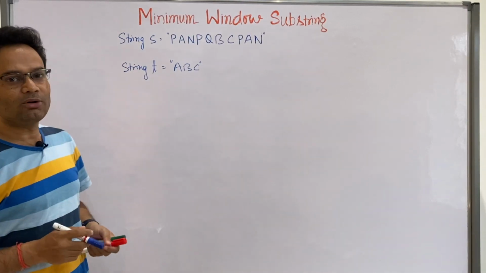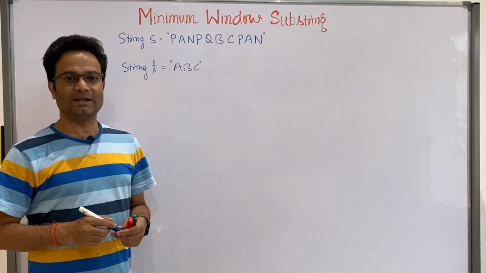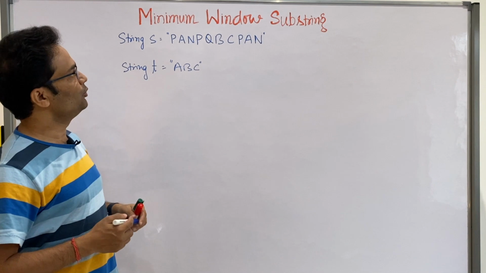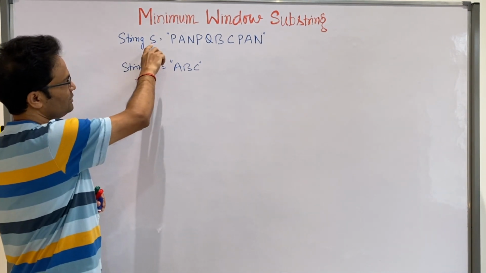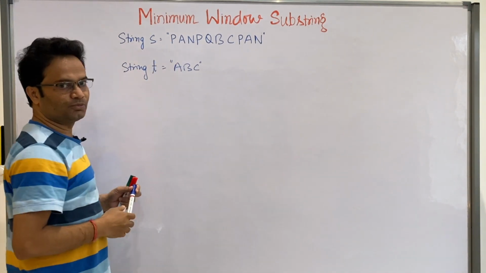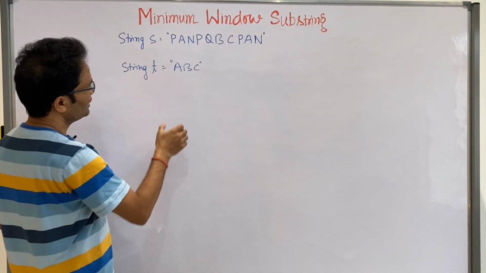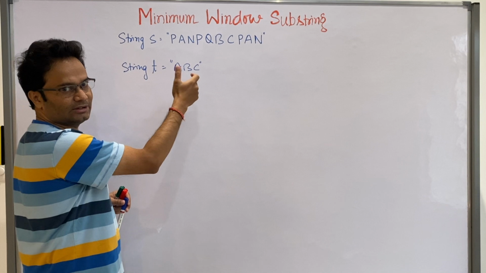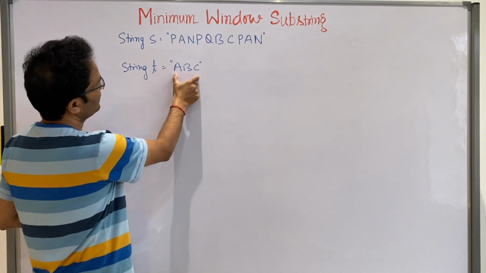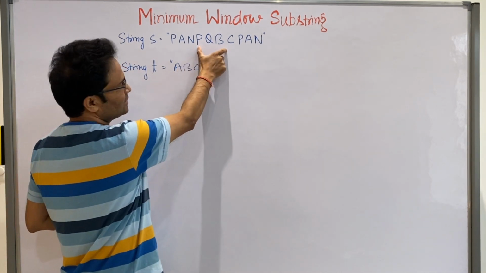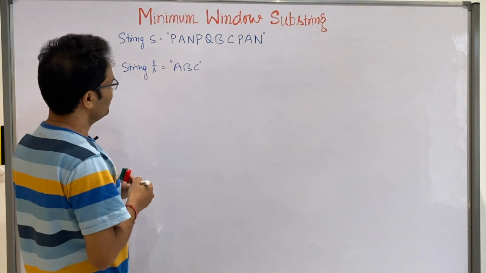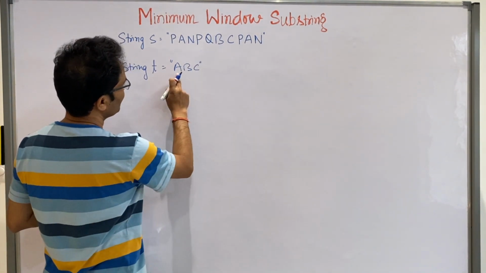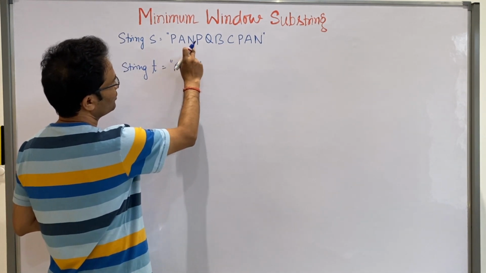So in this video we are going to solve one very common and interesting problem, minimum window substring. The problem is that you are given two strings S and T, and you have to find out if all the characters, even if they are duplicates, are present in this string or not, and you have to find out that window. Meaning if you see here A, B,